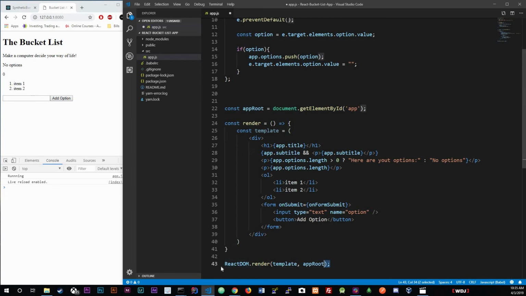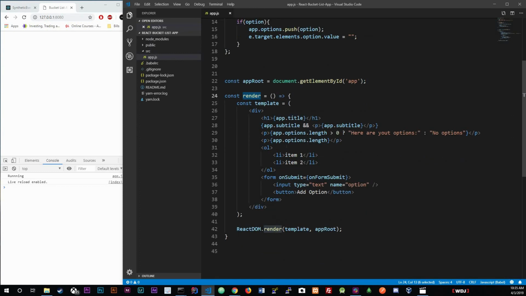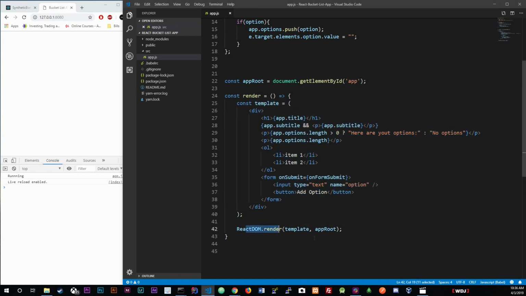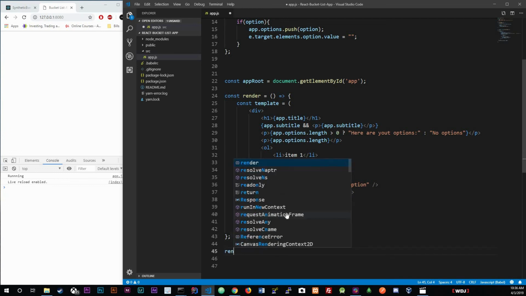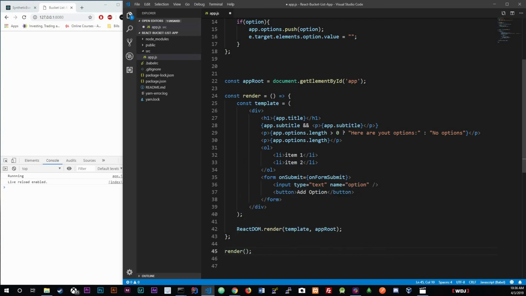So what we're going to do is cut this out and paste it right underneath our template. Now this render function's functionality is to render out the template. We got the template inside of here, and now we have react.dom. Now what we need to do is call this render function so that it actually renders. This is where you would want to call it. Instead of referencing it, you want to call it, because we're getting something back. So if you control save right now,